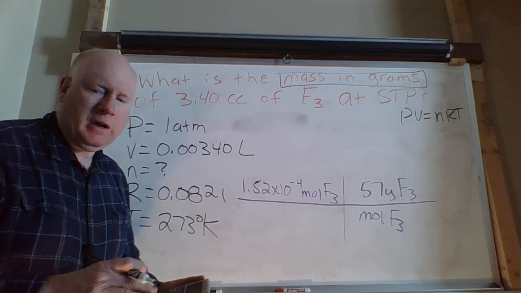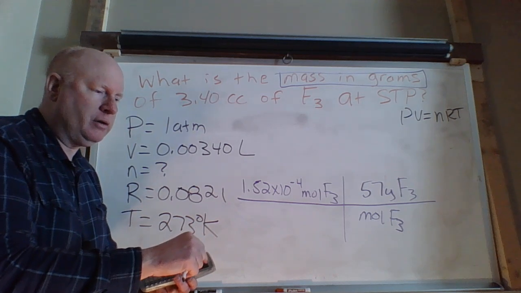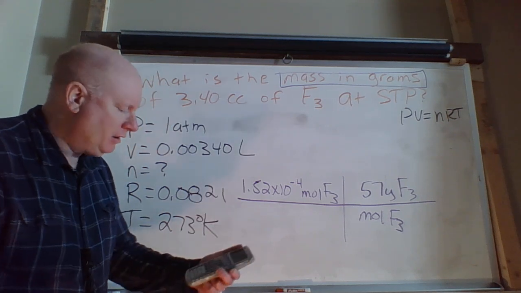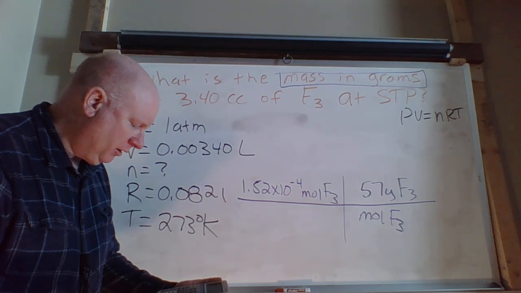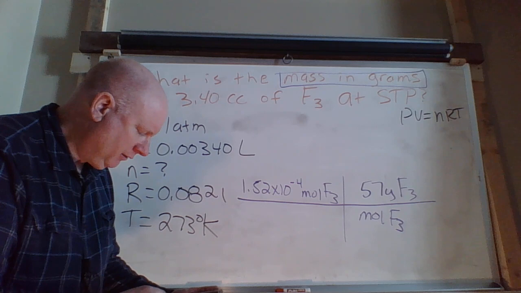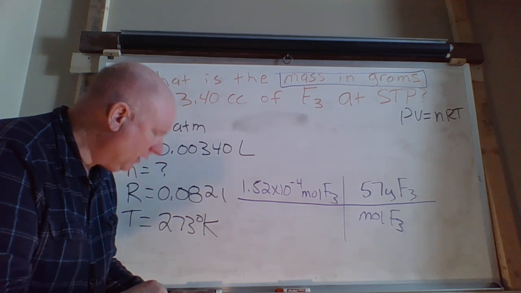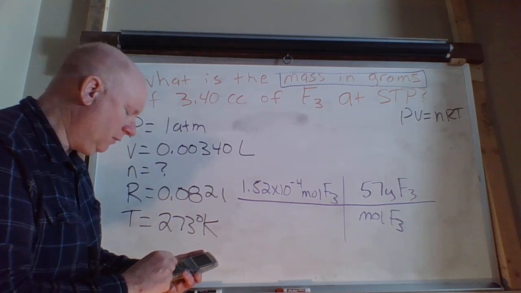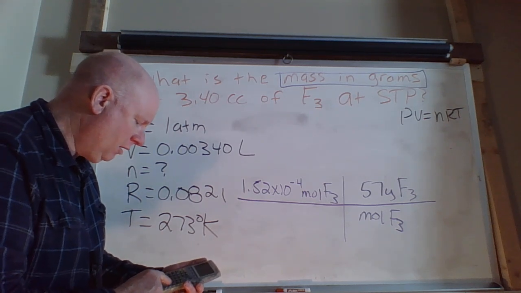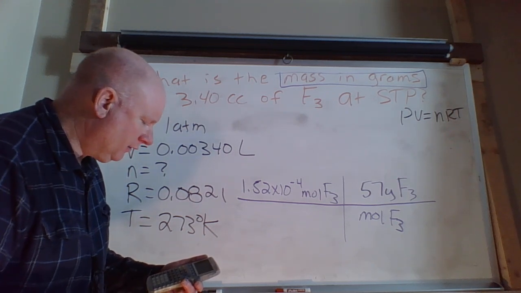1.52, and then if you have a Texas Instruments, what is that, 35, you hit the second button and then look for the little double E's there, and that will put it in scientific notation. But if you have a graphing calculator like this, well then I believe you just look for double E, which still means I got to hit second, and then I think it's a comma there. It has 2 double E's there. 1.52 times 10 to the negative fourth, so negative 4, and then take that times 57, and that gives us